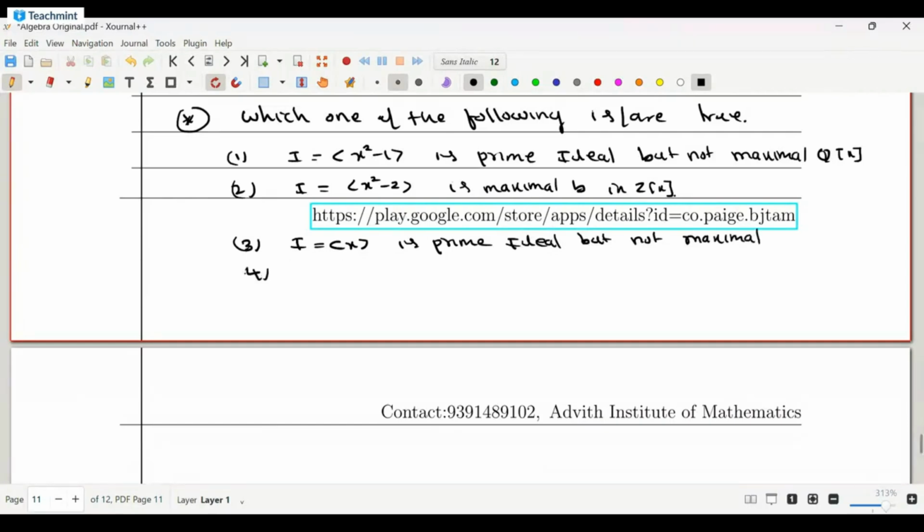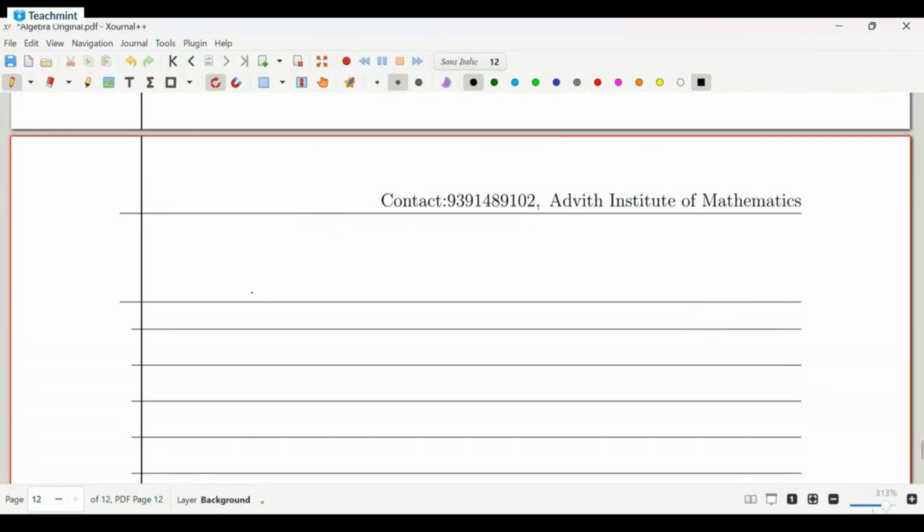And option 4, I is equal to x cube plus 1 is prime ideal of Q over x. Anyone? So, option: I is equal to generator of x is prime ideal but not maximal ideal of Z over x. So, solution: